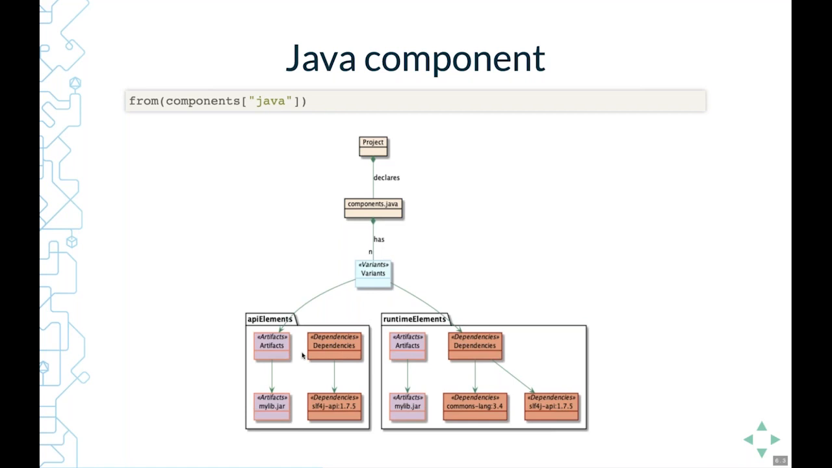And you can see that typically in the Java ecosystem, the number of dependencies that you would have on the API is lower than the number of dependencies that you need at runtime. So we have a Java component and a number of variants. In practice, there are more variants. We won't get into the details of the number of variants that you have in the Java component, but when